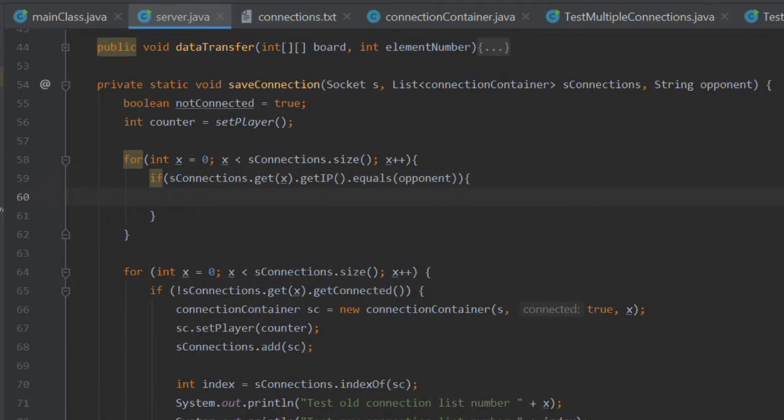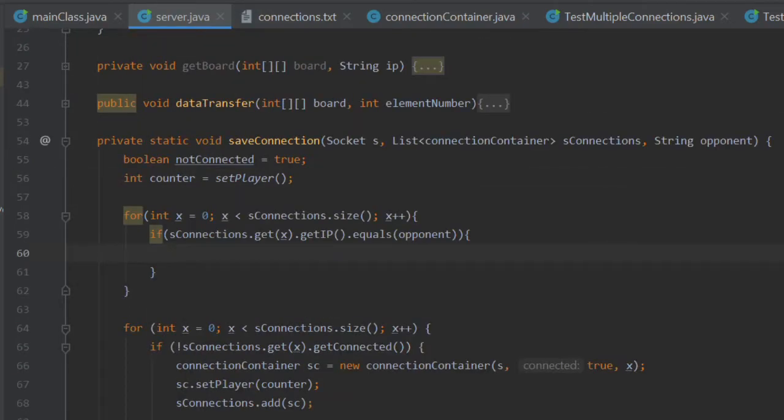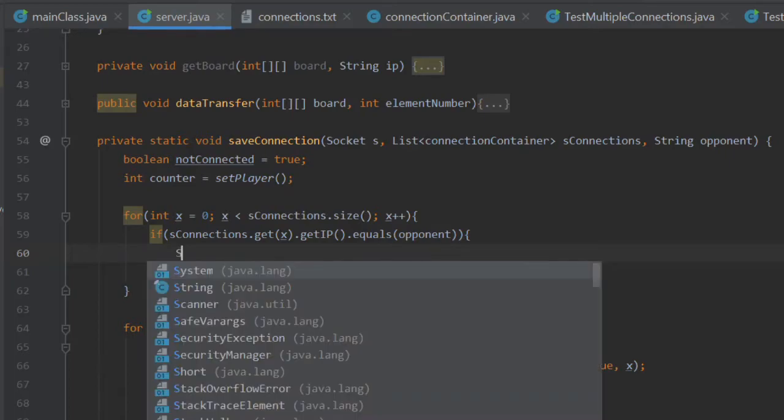The flow of the program's not great at the minute, but we're going to fix it. So if our connection, we're going to loop through and match our opponent string, i.e. their IP from the connection text file, to their IP in the connection container list. If we find a match, then first of all we're going to ask